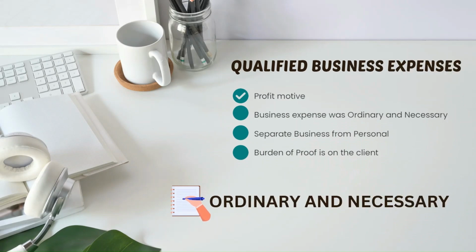As we move along towards our discussion, we'll be guided by the following principles. First, profit motive. We already have a clear-cut definition of this one in our previous sessions. For a review or a recap, you may check our previous episodes in this sole proprietorship series. Number 2, business expense should be ordinary and necessary. Number 3, business expenses should be distinguished as business activity from personal activity. And lastly, burden of proof rests on the client or the taxpayer. We'll talk more about each one of these as we move along.